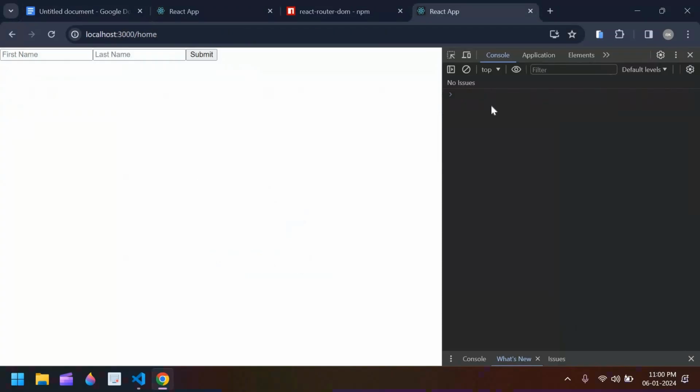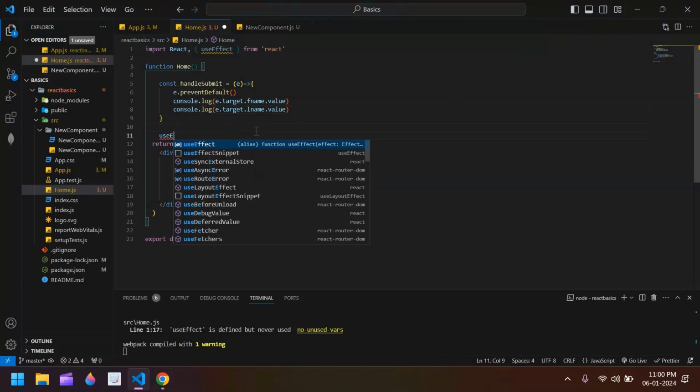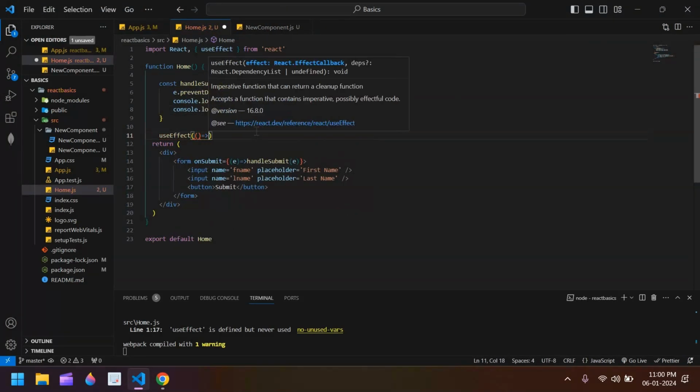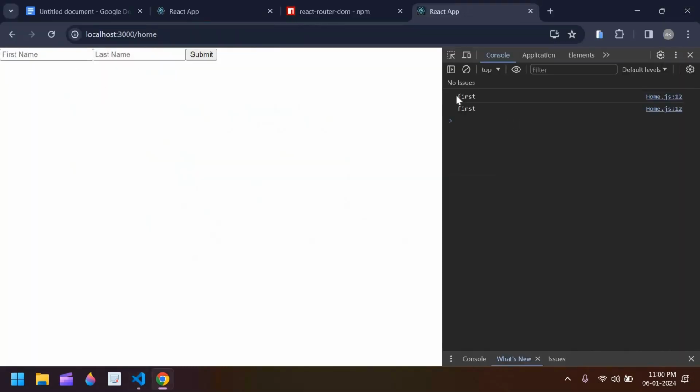When I explained useEffect, the console was printed multiple times when the page loaded. Here I'm going to create a useEffect to add a console log, save this, go here. Yeah, it's printed multiple times. If I reload again, it's printed multiple times. Why? Because